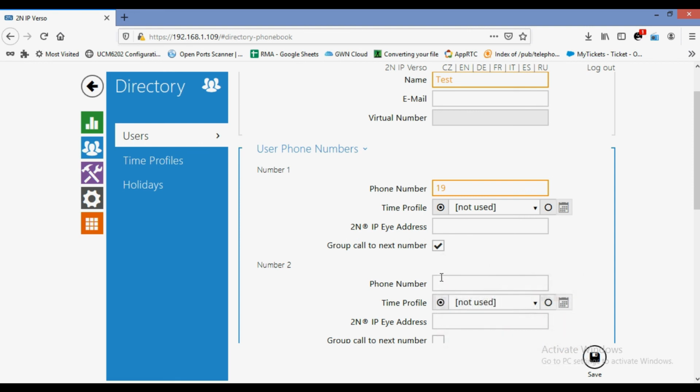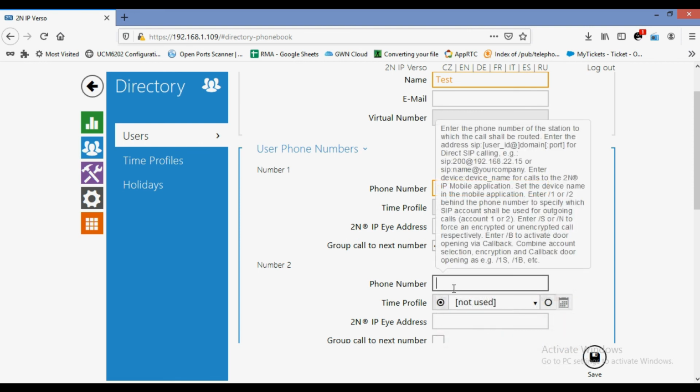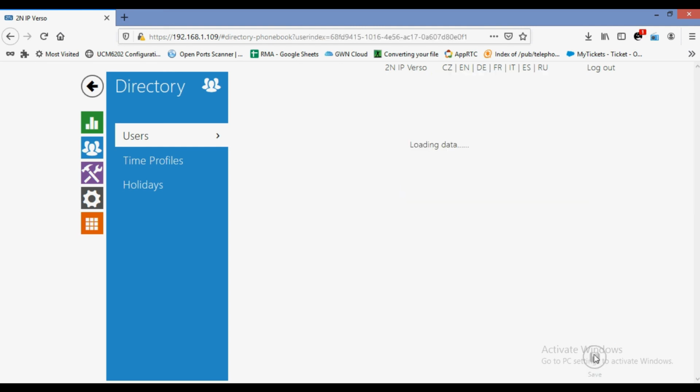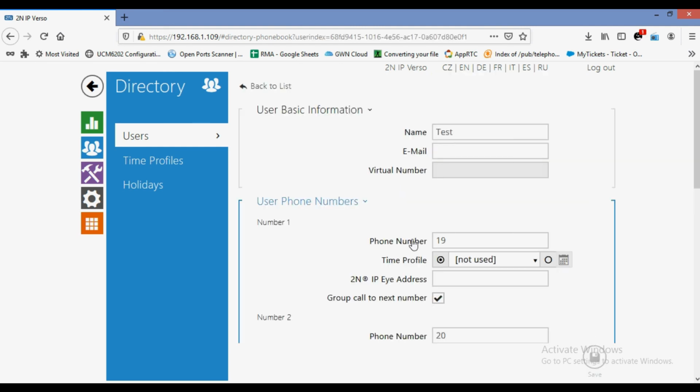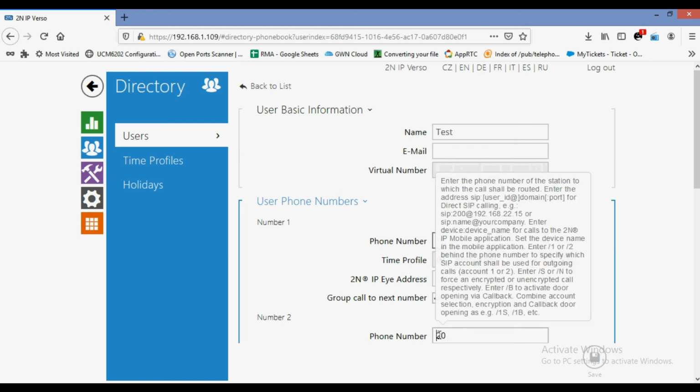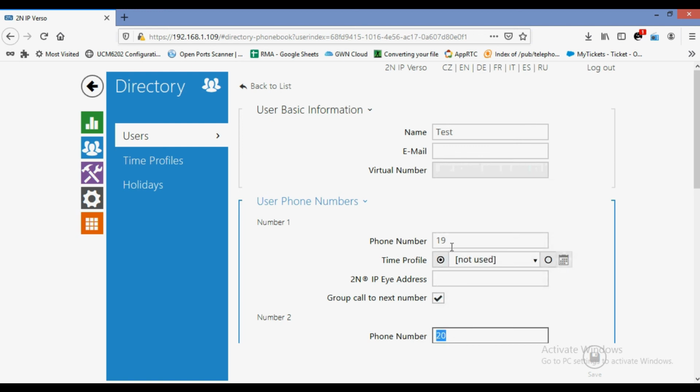If you select this here, the poll will go parallelly to the second number. So 19 and 20 will get polled parallelly if someone calls this user from 2N.